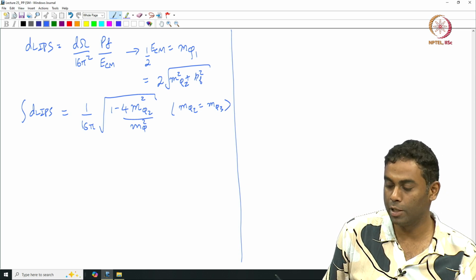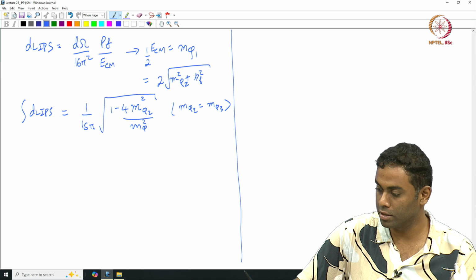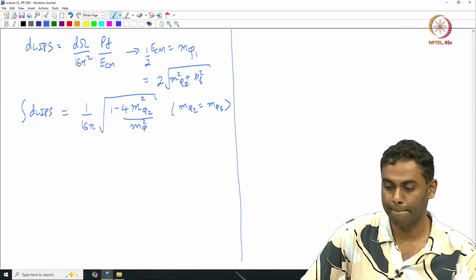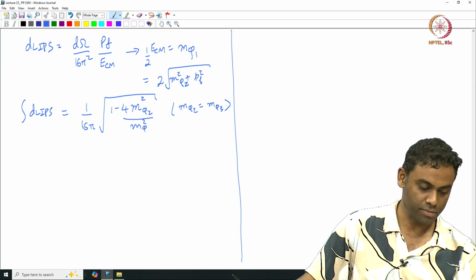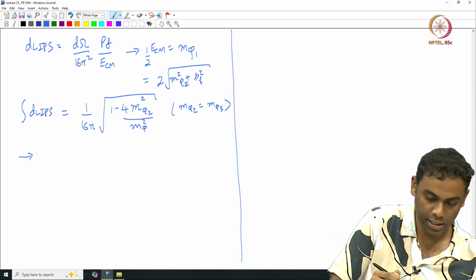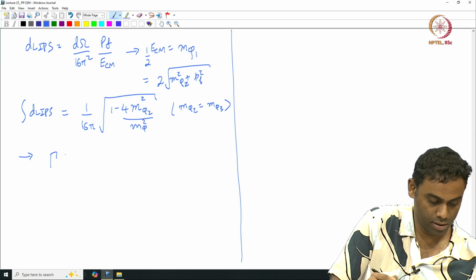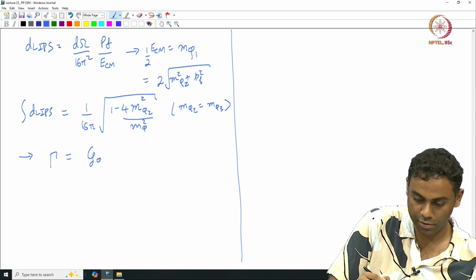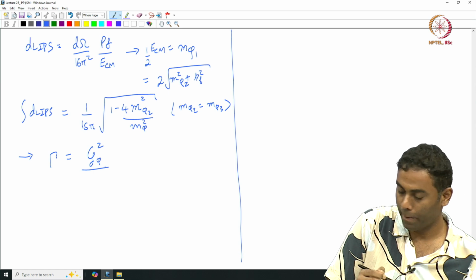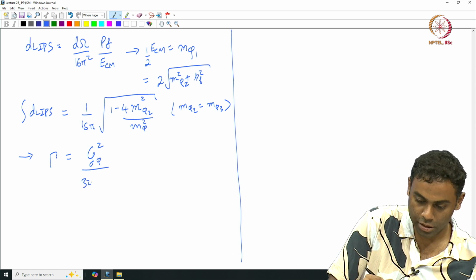This is for the case of equal final state masses. That simplifies the expression that I am writing down, okay. So, with this I get the decay rate goes as g phi squared divided by 32 pi